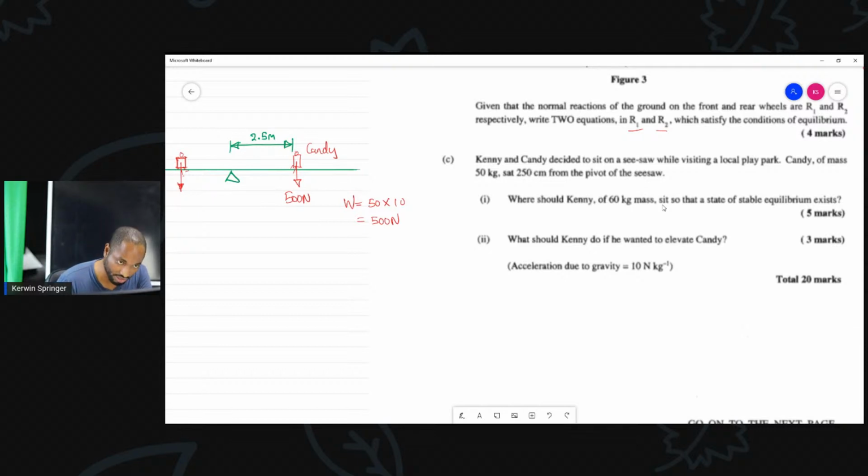He's 60 kg, so I'll do the same. W is equal to 60 times 10, 600 newtons. So he's 600 newtons acting down, and we're trying to figure out this distance here. We can call it X, since we like to call things X when we don't know what it is. And by the principle of moments,